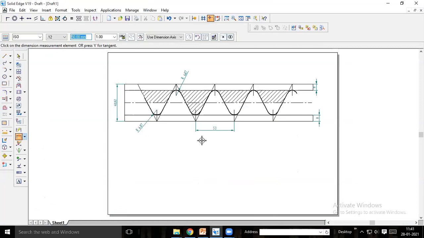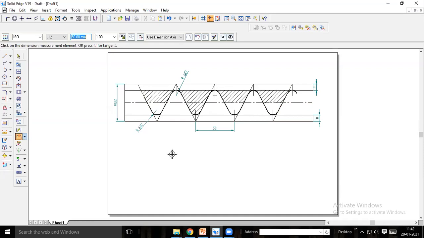This is the internal thread. In the exam you need to draw the external thread similarly. Same drawing you have to do. Instead of hatching here, when you are drawing the external thread, you have to hatch this side. So now threads are coming inside. In the internal thread, in the downward direction, threads will be there, whereas in the external thread, at the top, you will get threads. You have to hatch this zone. Is it clear?